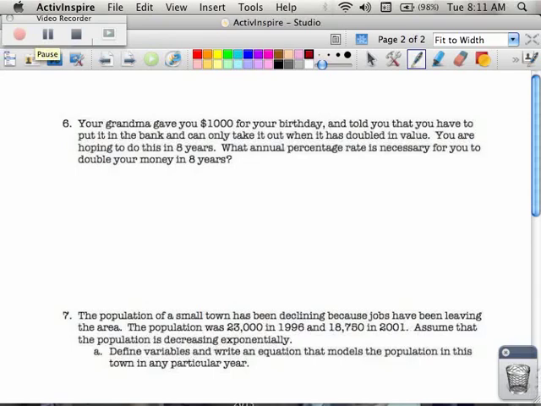And with number 6, for your birthday you get $1,000, you want to put it in the bank and can only take it out when you